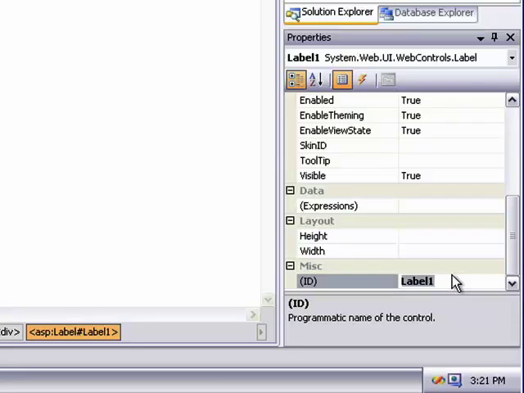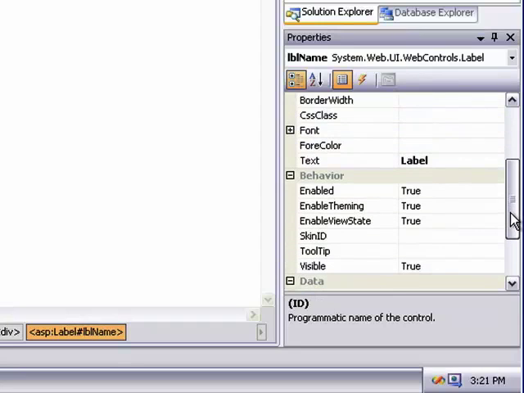We're going to change it to lblName. This is going to be a label for the name text box. Our application will have 3 text boxes. It will have a text box for the user to enter their name, one to enter their email, and then one for their message. So this is going to be the label for the name text box. So we're going to name it lblName,